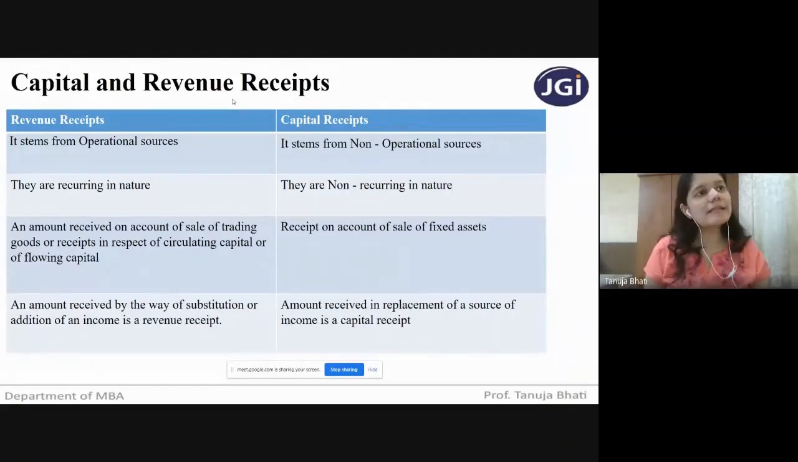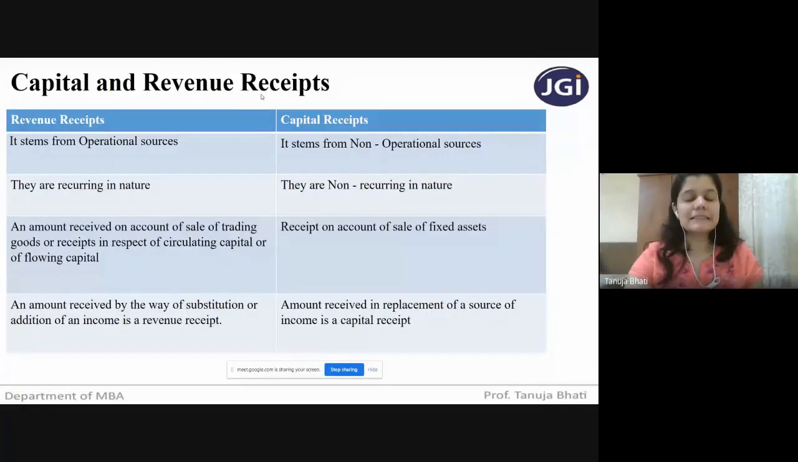If my business is to sell cell phones, I am going to sell almost every month. I will be having a sufficient amount of sales, a sufficient amount of inflow. So my inflow is happening again and again, so it becomes revenue receipts. That is, they are recurring in nature. Whereas capital receipts, when I say,